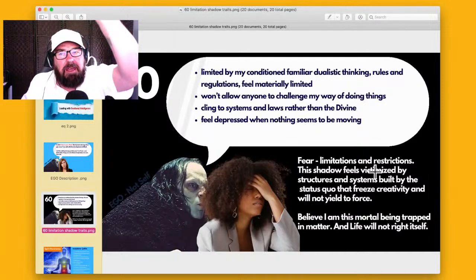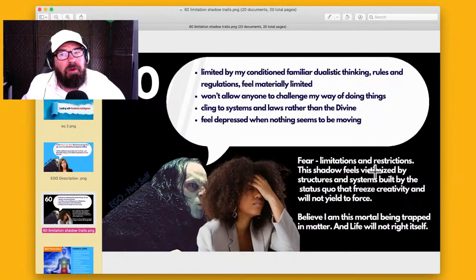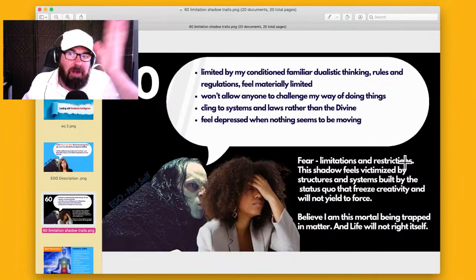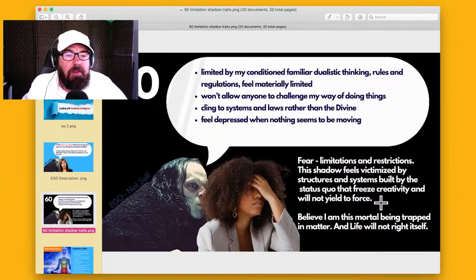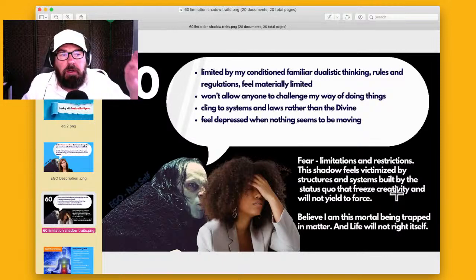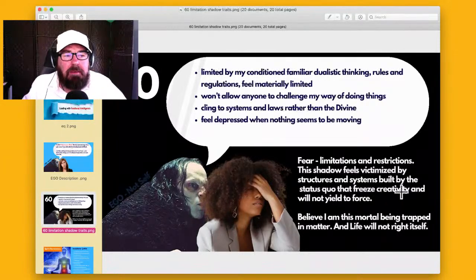And remember, creativity is about the vertical. It's not about the horizontal. Vertical is something completely new. It's the present moment, right? That's where creativity is. So the belief is that you're a mortal being trapped in matter, and that's all you are, right? And that life will not right itself. So no trust in life at all.